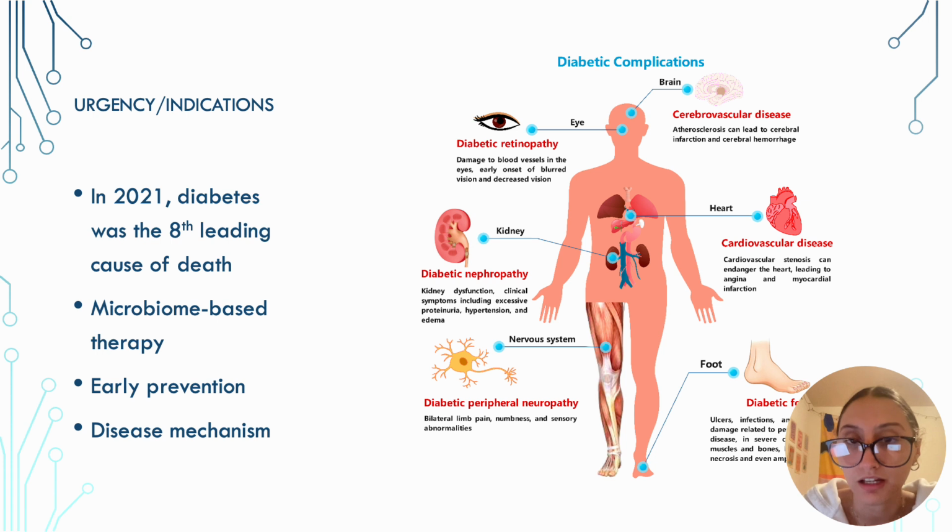Diabetes was the 8th leading cause of death in 2021, and the number of diagnoses are rising every year, which means more research needs to be done for proper prevention and control of diabetes. Studying the gut microbiome can lead to developments in microbial therapy, personalized treatment, and new diagnostic markers for diabetes. It can also help us study the molecular mechanism of diabetes and how specific bacteria can affect it.